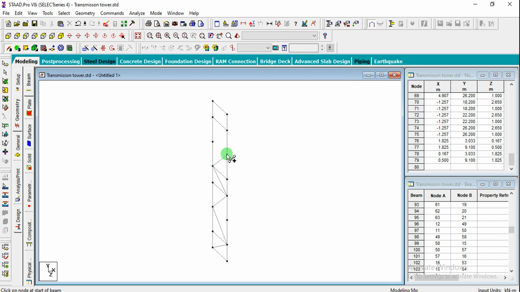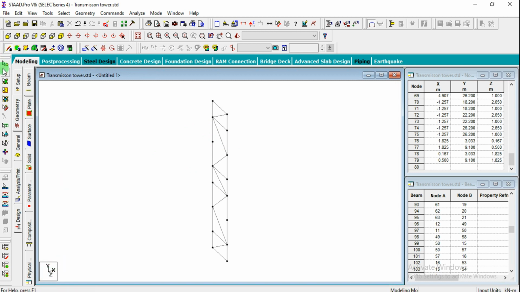And whatever cross members right now we are going to create, that can be mirrored. Okay, so in this plane this has to be mirrored towards left side. Okay, for example this is right side and you want to mirror it towards back side or like left side. So this has to be mirrored with respect to XY plane.